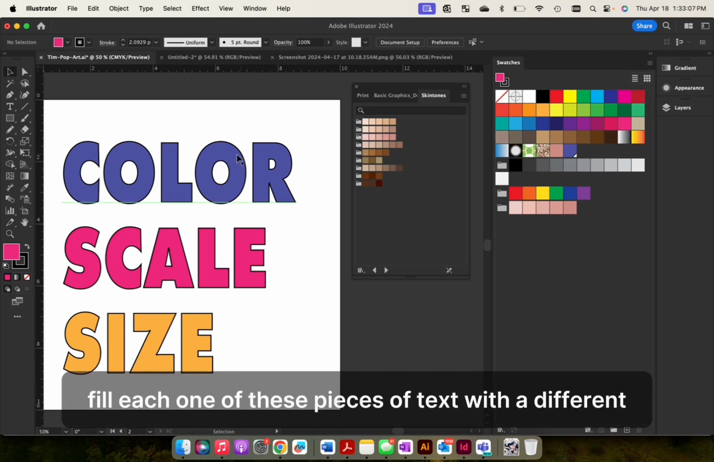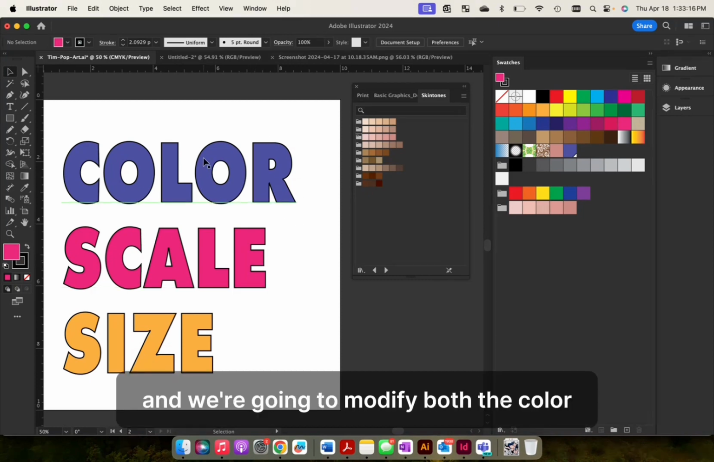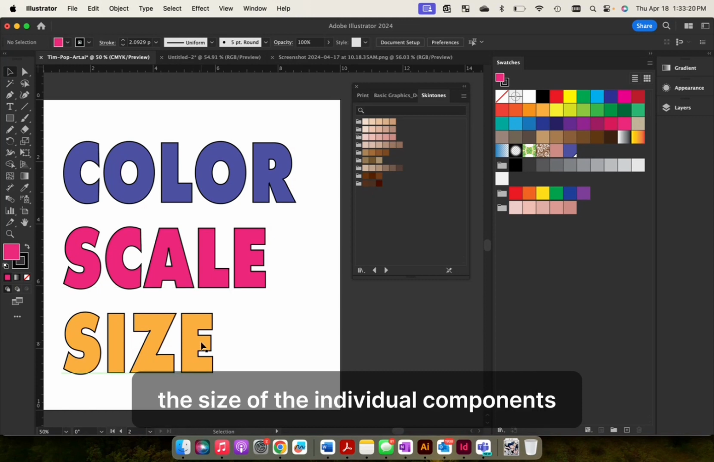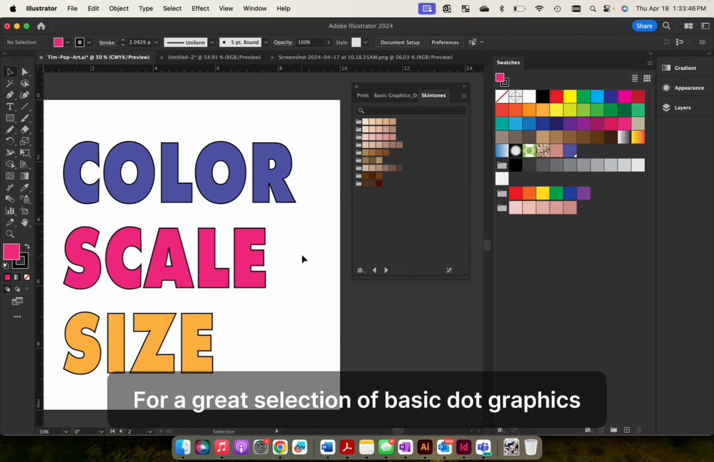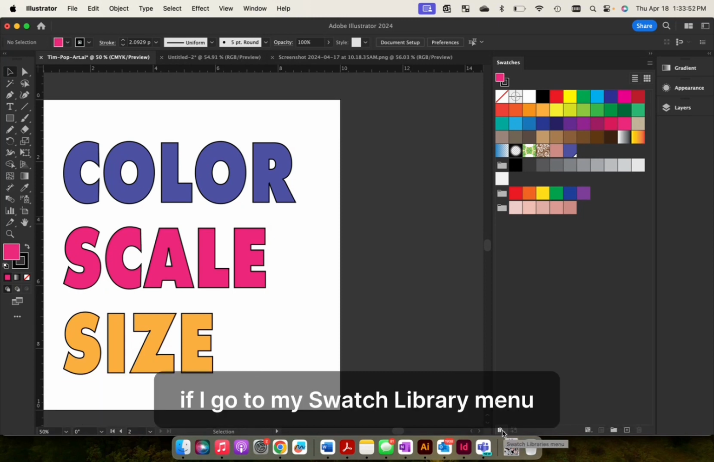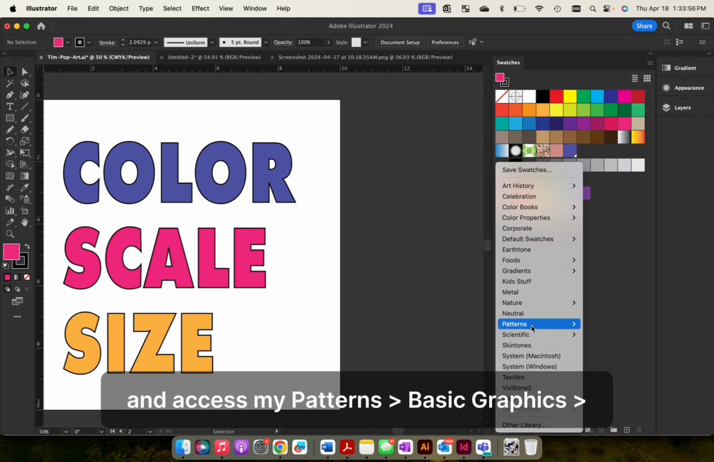Now we're going to fill each one of these pieces of text with a different halftone pattern, and we're going to modify both the color, the scale of the pattern, and the size of the individual components of the pattern. For a great selection of basic dot graphics, you can actually use some of the predetermined ones in Illustrator. So if I go to my Swatch Library menu and access my patterns, basic graphics